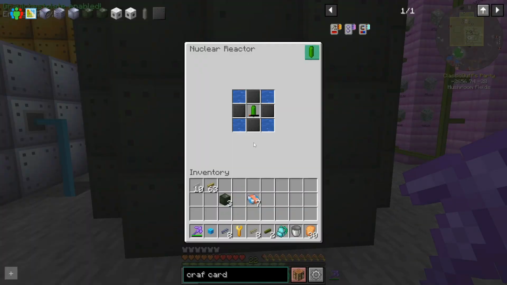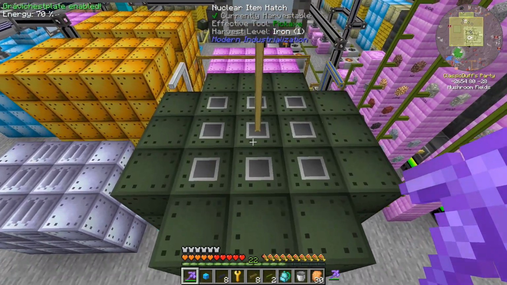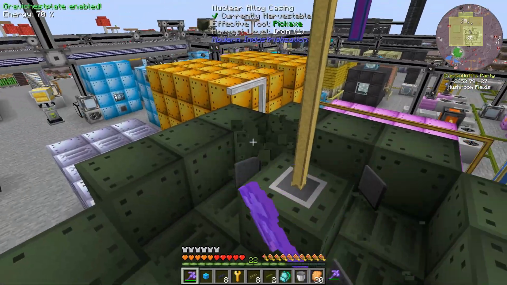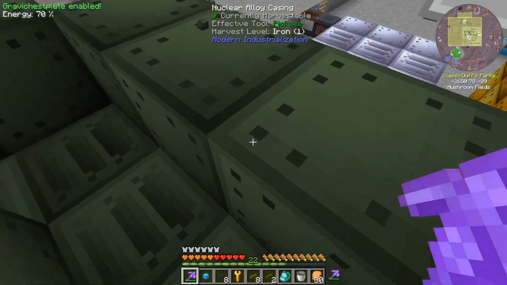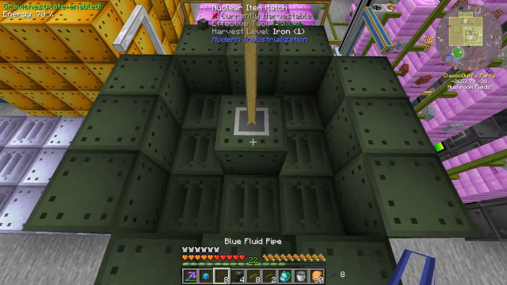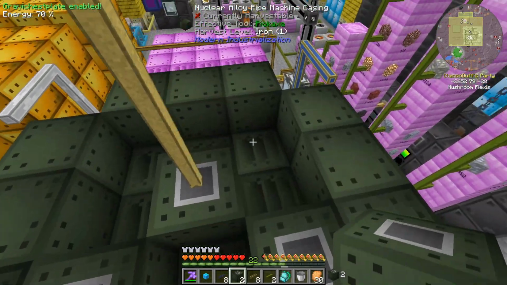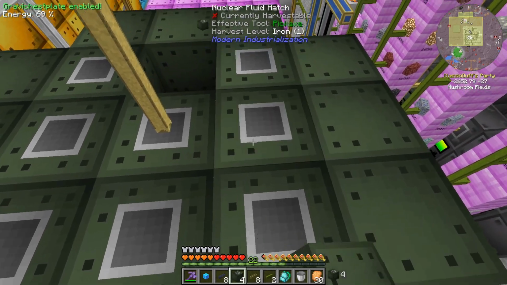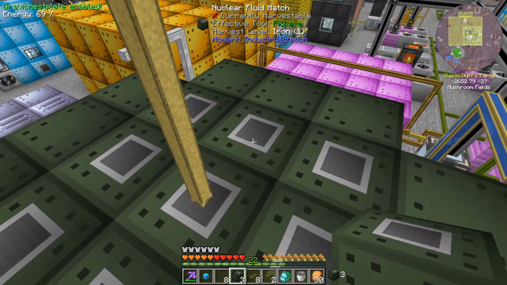And so... Actually, no, this wasn't the design I came up with. Hang on, let me rearrange that again. I tried a couple of different ways, and that way actually didn't seem to work too good. So if we have got the item hatch in the middle, and then in the corners we're going to have these carbon plates, and it seemed to go a bit better if the fuel rod was kind of touching the